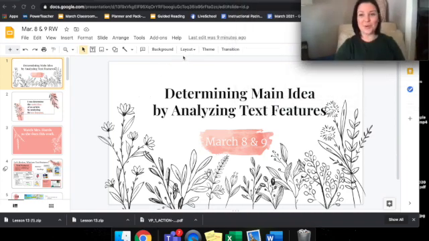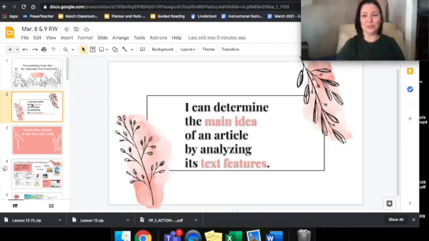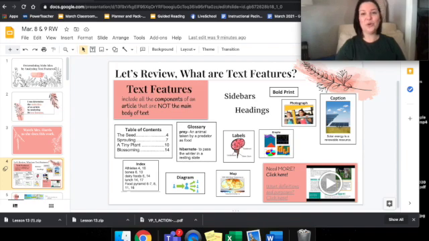All right, so building on the work that you did last week to determine the main idea, today we're going to be looking at the text features to determine the main idea. Here is our learning goal. And then real quick, let's just review. What are text features? These text features are the components of an article that are not the main body of